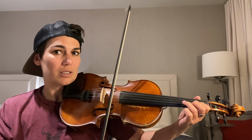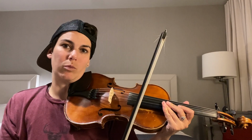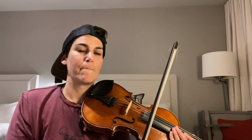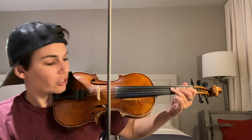And what you want to do is combine those two strings, the movement that's happening on both of those strings at the same time. So this is going to be really hard at first because you haven't necessarily trained yourself to know exactly where your third finger goes down on the D string. So ways that I would recommend practicing this is just look at where you...